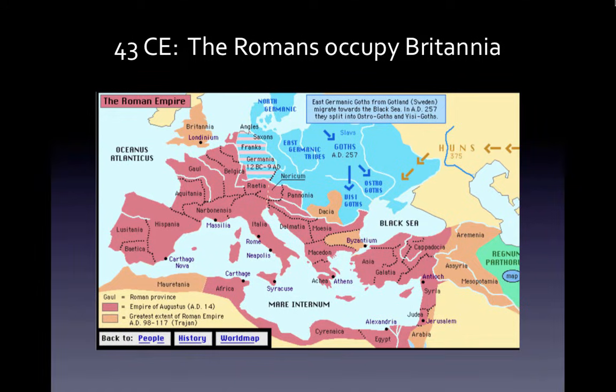In the year 43, the Romans stage an occupation of the island of Britannia, an occupation that would last for the next 350 years. Roman historians writing at the time have little to say about daily life under Roman rule, but it is clear that the Romans built roads and cities, and archaeological data suggests that the Romans routinely intermingled and often married into the indigenous population, a tribe called the Britons, after whom the occupiers named the island soon after their arrival.